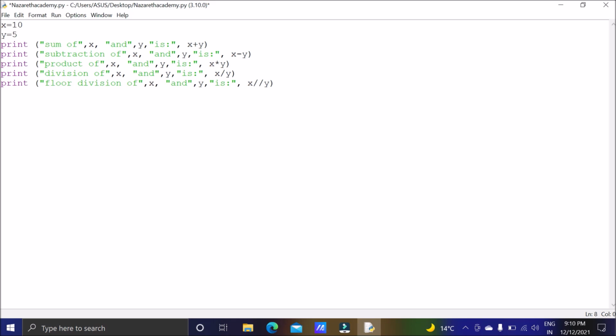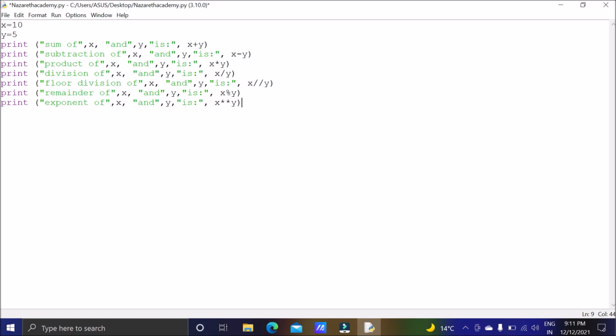Remainder. For remainder we will go for modulus. So remainder of x and y is x modulus y. Then exponent also, or power of, or exponent of x and y is x double asterisk y.